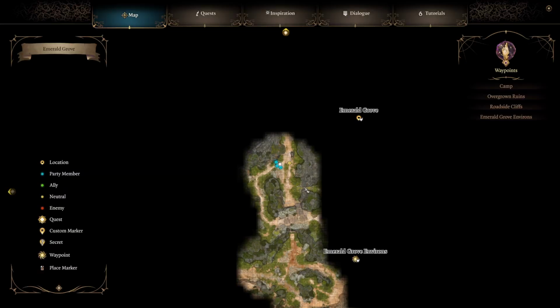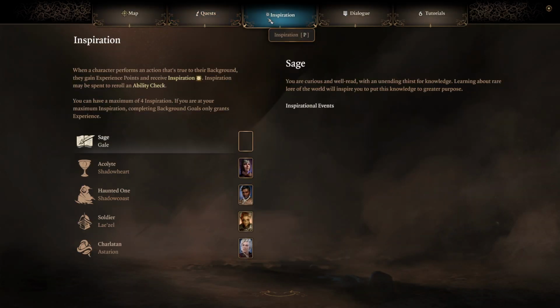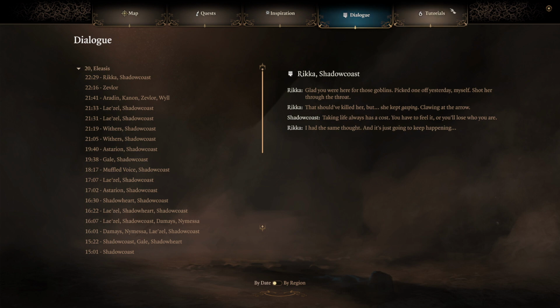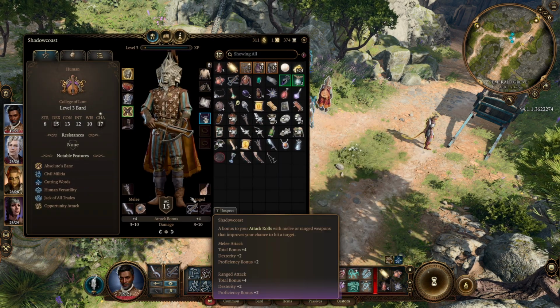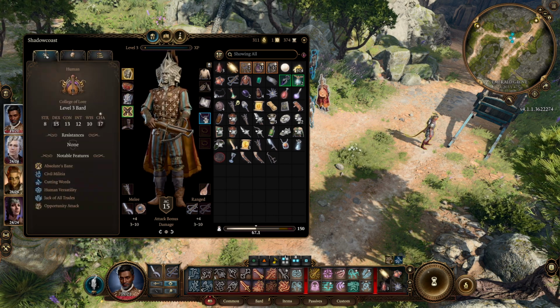Alright, a few things. M opens up the map. J opens up your journal. P is inspiration. So you can kind of read a little bit about your different characters from that perspective. I is your inventory, and this is also part of your character sheet, so you can look at all your stats, all your